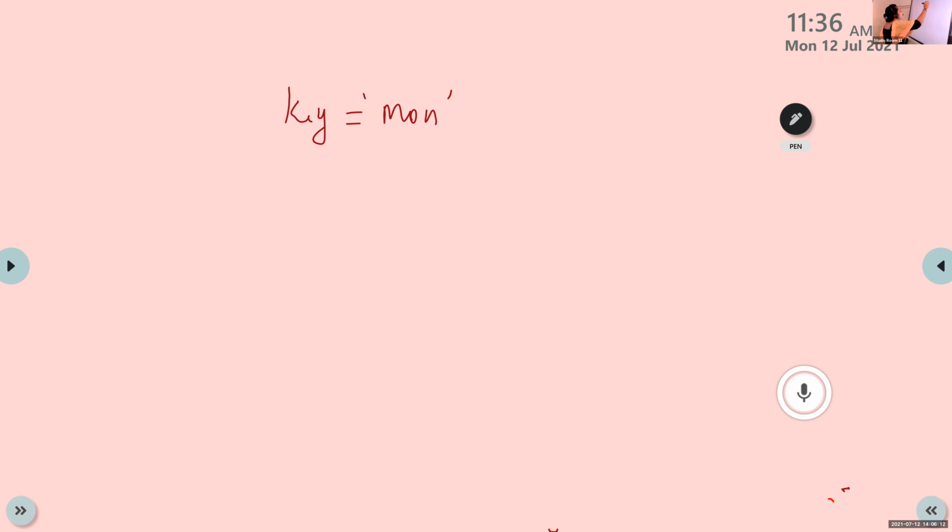Okay. Then the values: the keys are Monday, Tuesday, Wednesday, and Thursday. The values are 1, 2, 3, 4.